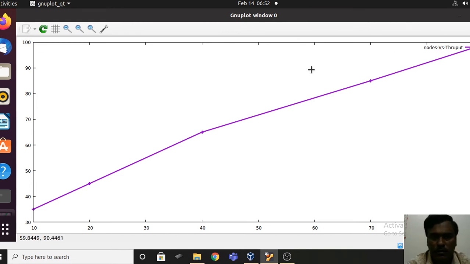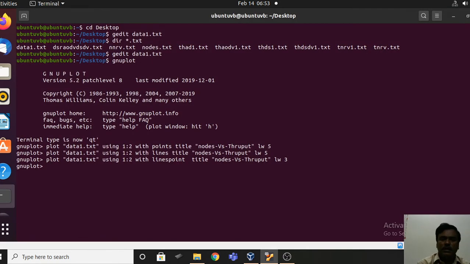So this is how you can plot the graph using lines, points and linespoints. I think you have understood the basic difference between lines, points and linespoints.